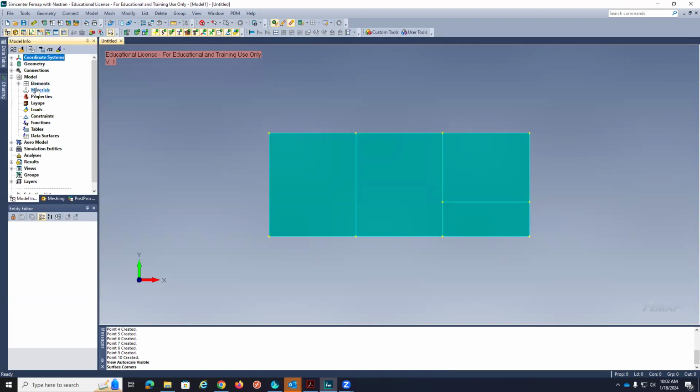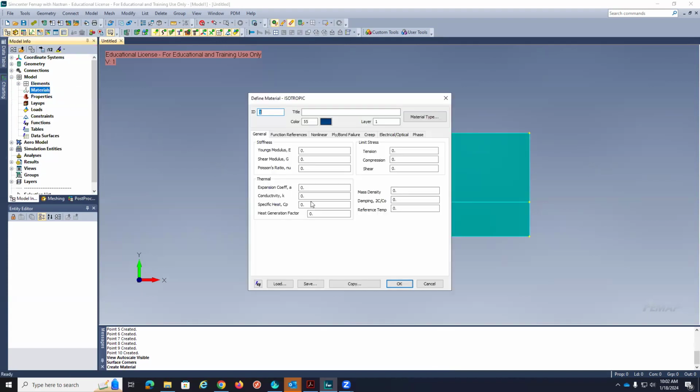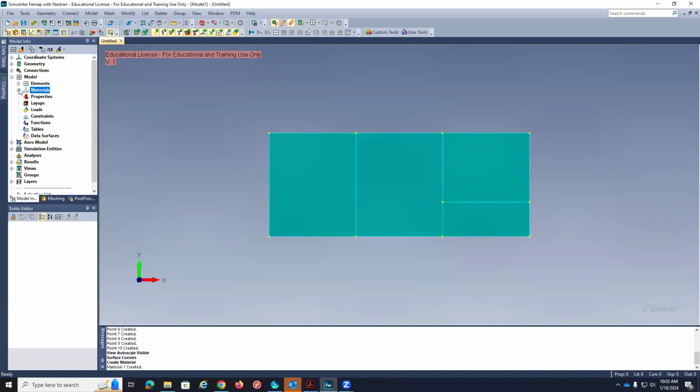We go to model, right click on materials, new. Really here you can put anything you want. Let me put it here, like if it was aluminum. Young's modulus 0.3. Okay. That should be enough. Let's make the material